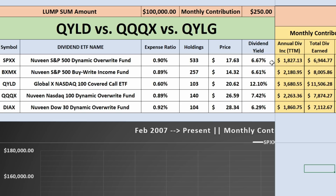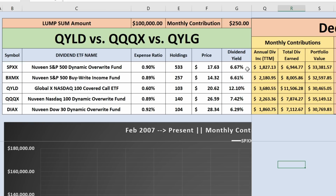Looking at cumulative dividend income earned, we have first place again, QYLD at $11.5. Then we've got second place, BXMX at $8,005.86. Third place being QQQX at $78.74, and then the other two bringing up the rear, DIAX and SPXX. And then looking at portfolio value, top result here was actually QQQX at $35,149, with second place being SPXX up here at $33.3, and then we've got $32.5, $30, and $30 with QYLD